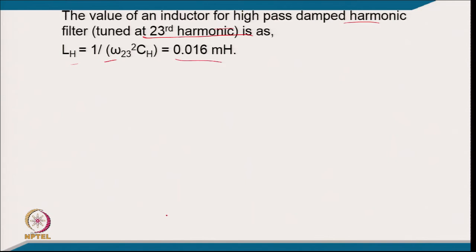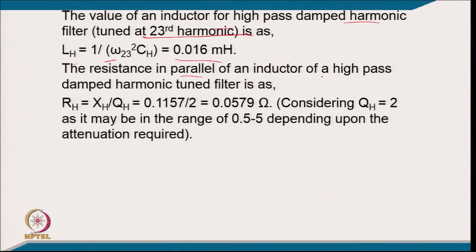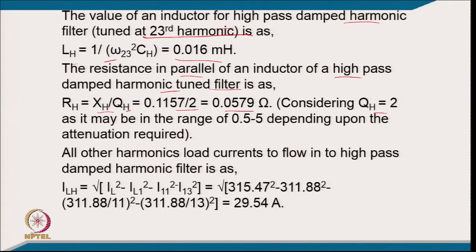the 13th harmonic. So, for the 23rd harmonic, it comes to 0.016 millihenry, and the resistance in parallel to the inductor of the high pass damped filter will be XH into this. Taking quality factor 2, it comes to 0.0579 ohm, and all harmonic currents have to flow through this. So, all harmonic current other than the load current minus the fundamental, the 11th and 13th, comes to 29.54 ampere,